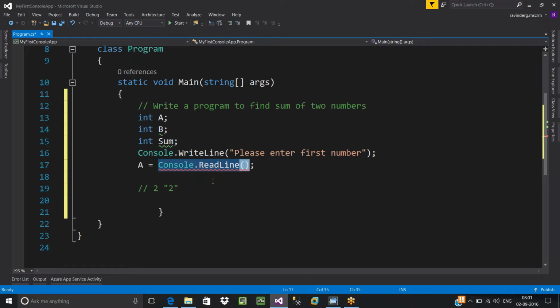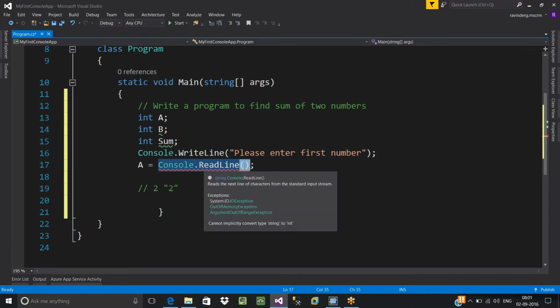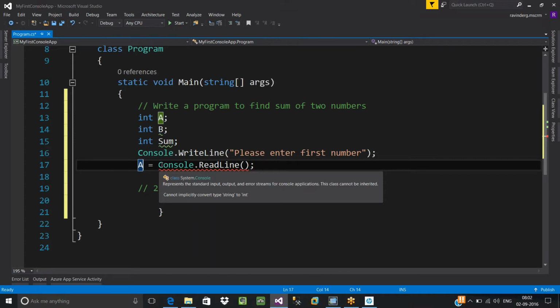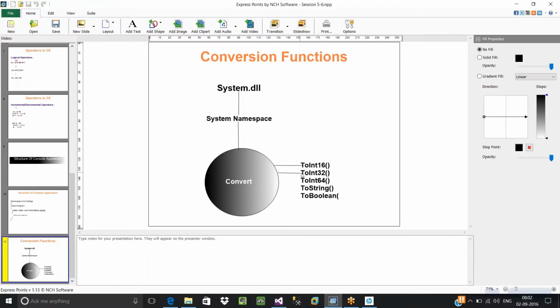Right? Now what has to be done? Whatever value is being read by this ReadLine statement has to be converted into the respective data type, the left side data type. What is the type of the left side variable? Int32. So this has to be converted into Int32. In order to convert any data type to Int32, which function has to be used? That is ToInt32. ToInt32 will take care of converting any data type to Int32. If you need to convert any data type to string, you have to use ToString. If you need to convert any data type to boolean, you will have to use ToBoolean.